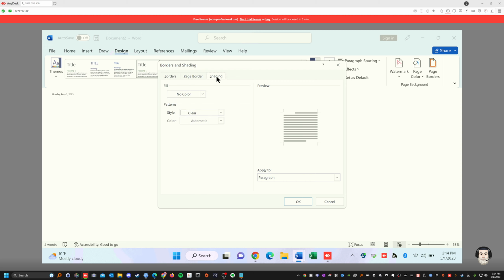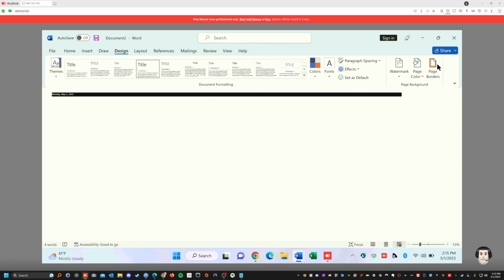Page border shading. If you want some shade, you could do black shade. You could do clear, stylish. You could do 5%. You could do the automatic color. You could do this color. See that? So it's just for borders. So that's that. The next one is called design. Actually, no, we're in design already. Next one is called layout.